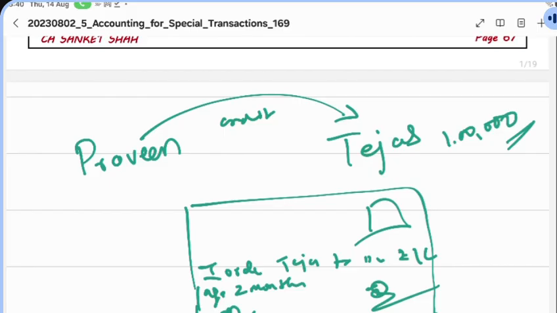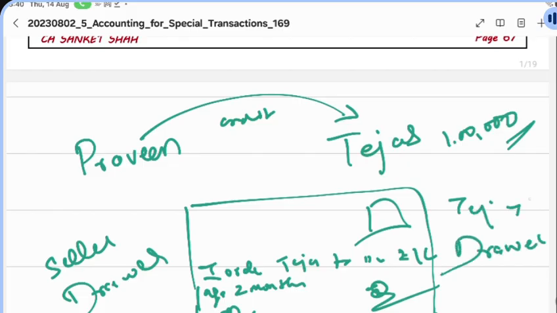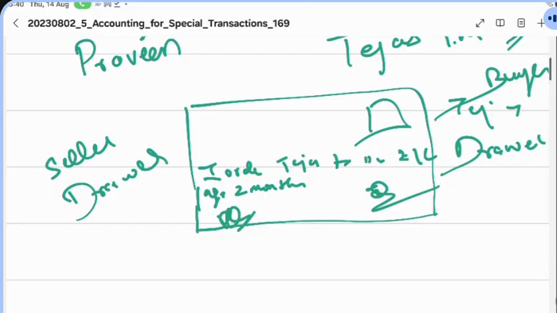Even I can't call this a bill of exchange. It can be called a bill of exchange the moment Tejas accepts it. Otherwise, this bill has no validity in the eyes of law. Clear? Who am I? I am the seller. I am referred to in this transaction as drawer. Who is Mr. Tejas? Tejas is the drawee. He is the buyer. And strictly speaking, in terms of accounting, I am the creditor and he is the debtor. Hope you agree with it.